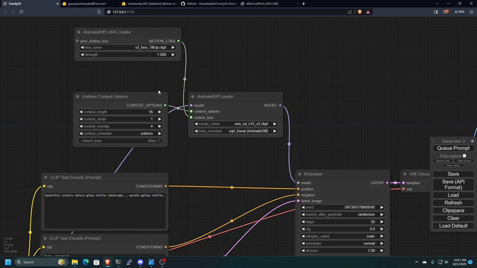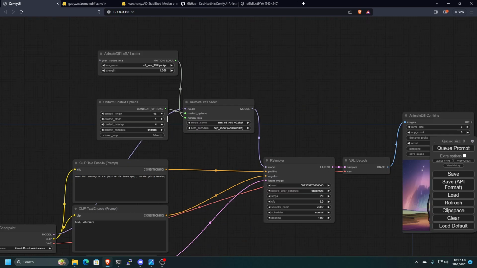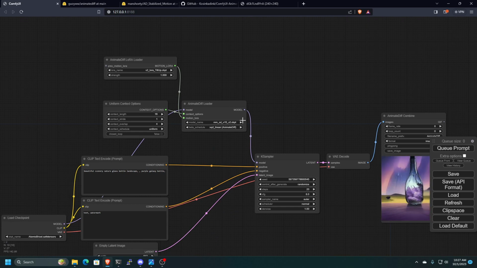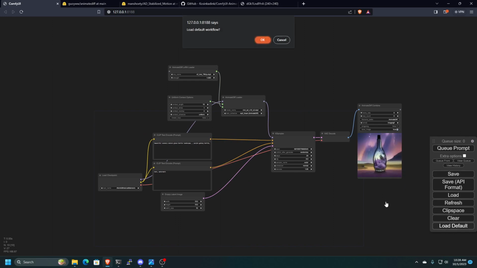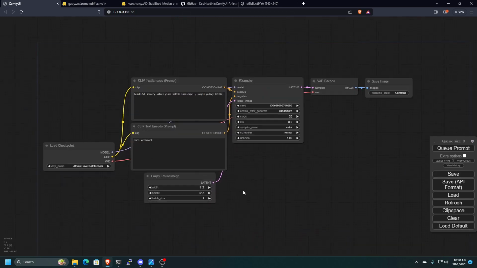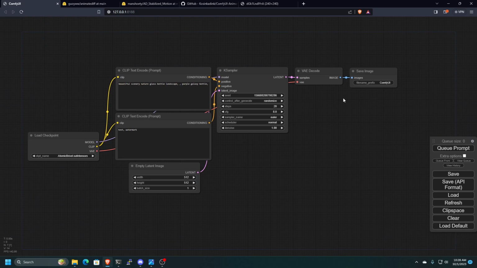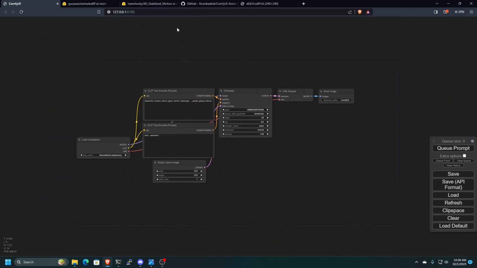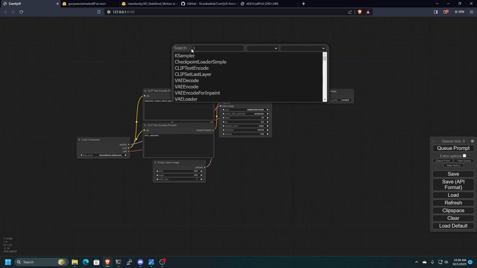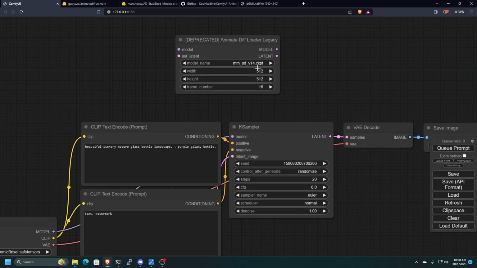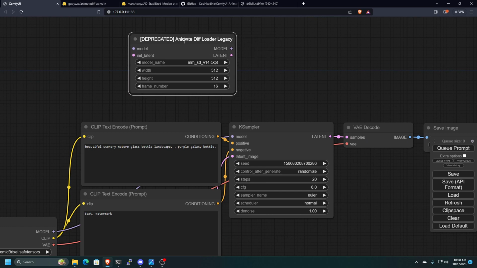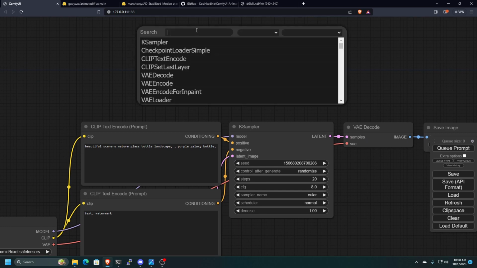Some great camera movements you can mess around with, and I absolutely love it. Now, as I was telling you, there's a lot more customization in the nodes than you have in Automatic 1111. So we're going to go over how this was made. I'm going to go back over to the default one, and here is your default workflow. To get started, we are going to search animate, and it's going to be this ADE. Ignore this stuff. These are the old modules, which, like I said, are very limited. You just got the size and the frame number. What I want to do is use that